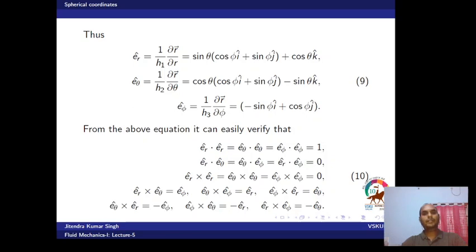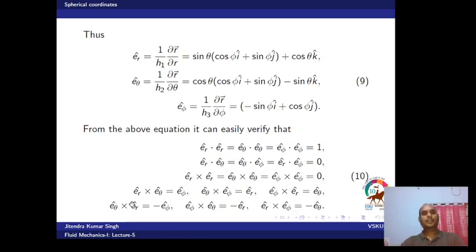to 1 if i and j assume the same value, and is equal to 0 when i and j assume different values. So here we see when i and j assume the same value, e_r dot e_r is equal to e_theta dot e_theta is equal to e_phi dot e_phi is equal to 1, and e_r dot e_theta is equal to e_theta dot e_phi is equal to e_r dot e_phi, which is equal to 0. And when we take the cross product, the cross product of a similar vector will be 0,